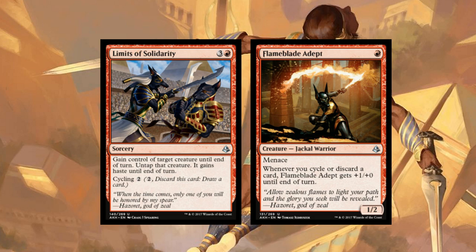So that's great. Flame Blade Adept is a 1/2 for 1 red. Has menace. Whenever you cycle or discard a card, it gets +1/+0 until end of turn. So this is a great way to kind of buff up your creature. It's got a little bit of evasion with the menace, so it's definitely a good